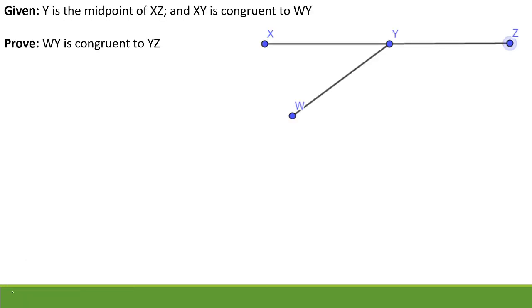So let's try another one here. This one's actually purely geometric. It's a short one, but it's purely geometric, just to give you a taste about what this is going to look like. So I'm going to start with my two columns, statement on one side, reason the other. I always start with my given statement. So given,